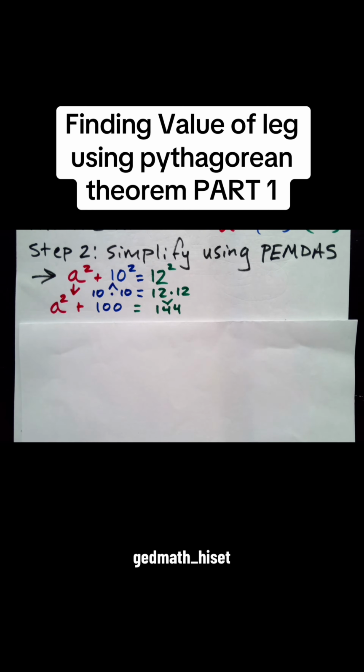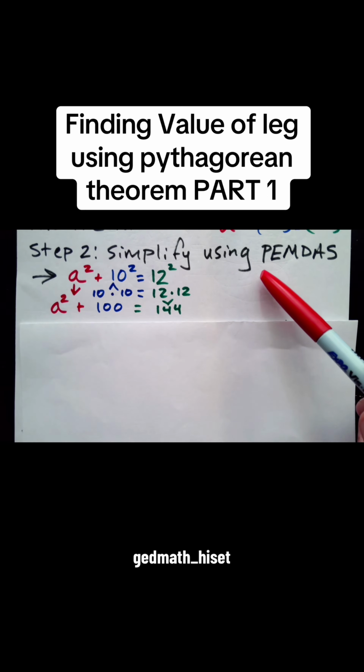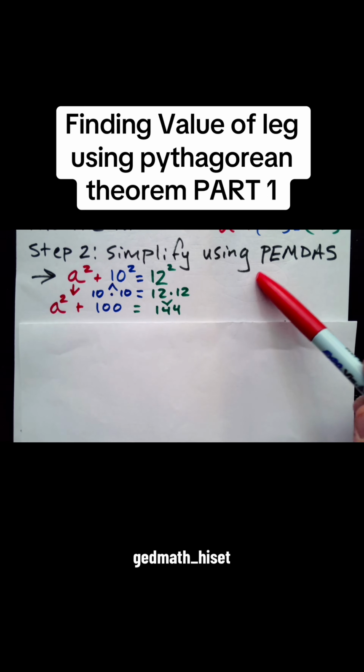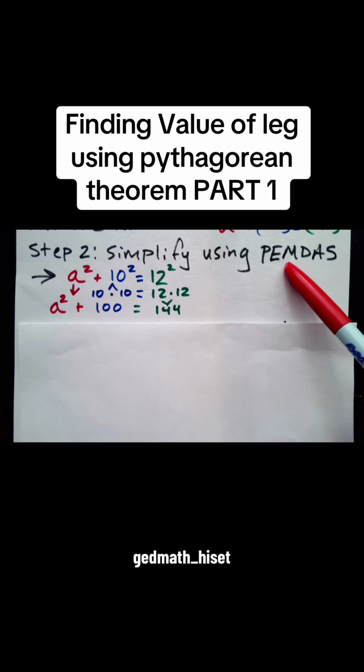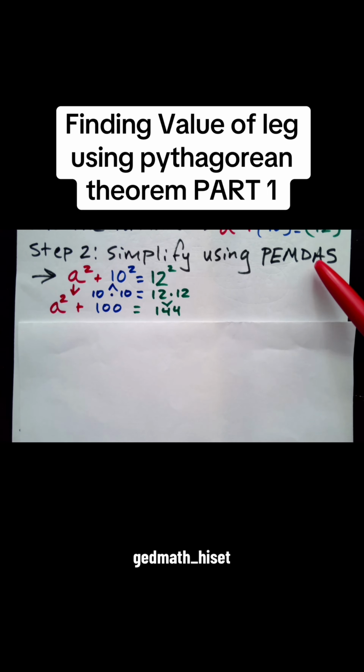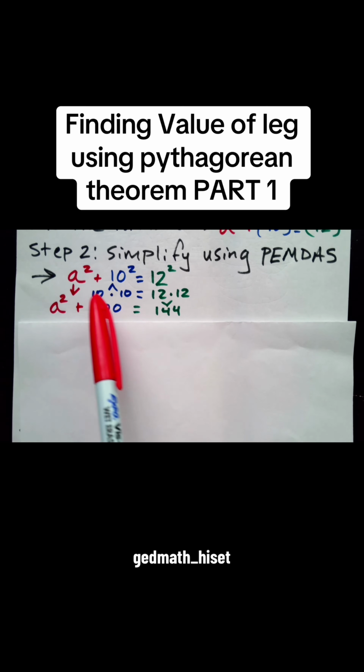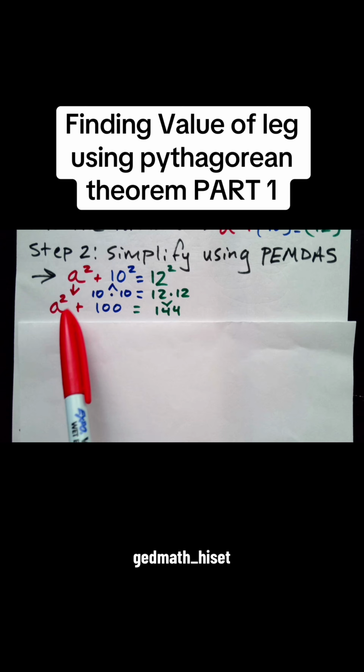Remember? Please excuse my dear Aunt Sally. This is the order of operations. Parentheses are first. Then we do exponents. Multiply and divide are next. Add and subtract after that. So I'm just going to continue to bring down this A squared value because there's not much I can do